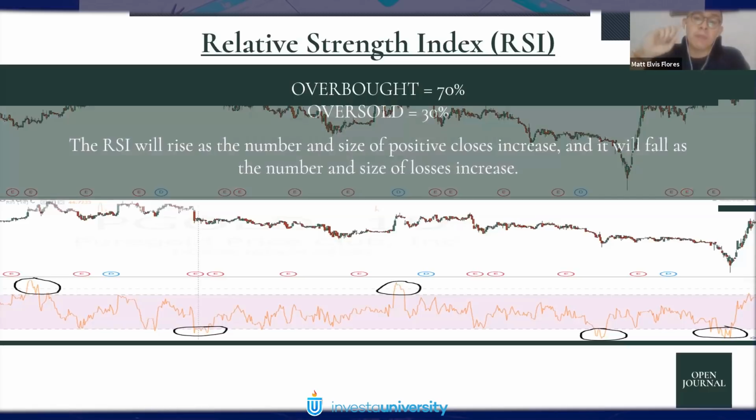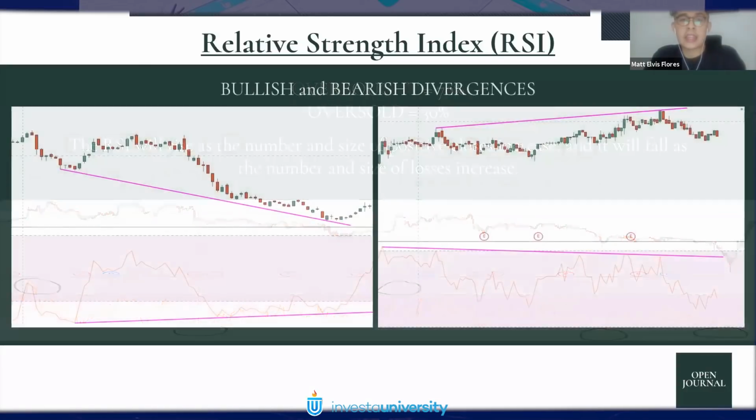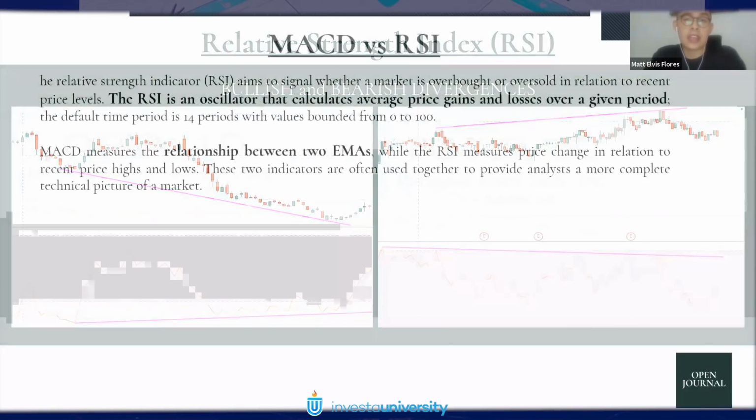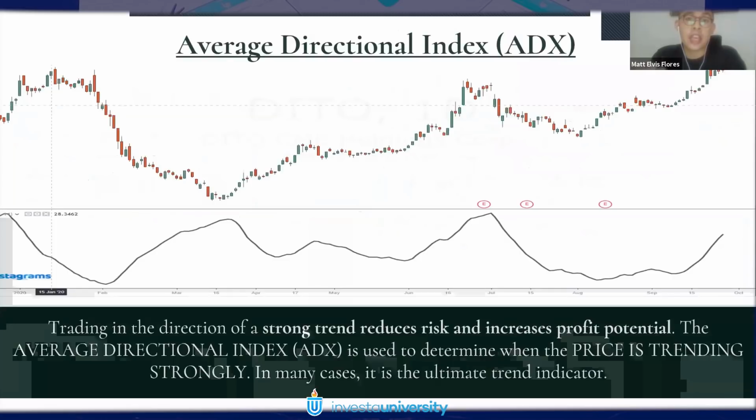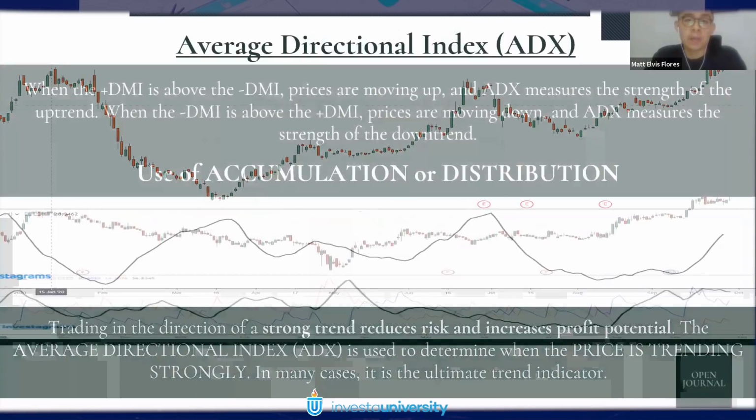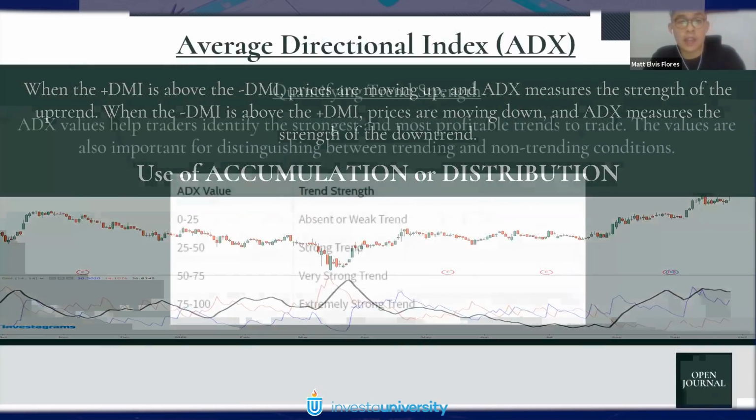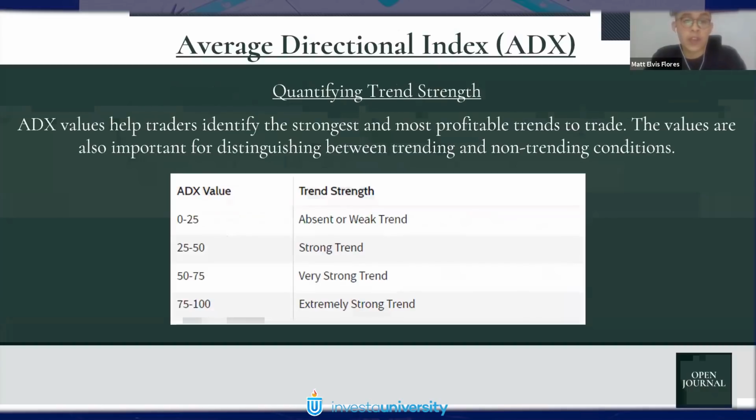Okay, that's one. Pangalawa is you identify your classical technical analysis. Once lumusot sa support level, then that's the time you need to sell all. Okay? Next naman, identification ng average directional index or ADX, di ba? Which is, we measure it to identify if the stock or the price is trending strongly. So we quantify it using 0 to 100 level. Meaning if 0 to 25 level, we expect it to be weak. Meaning we expect it to go sideways. Yes, may mga limbo, may mga uptick. However, the expectation is